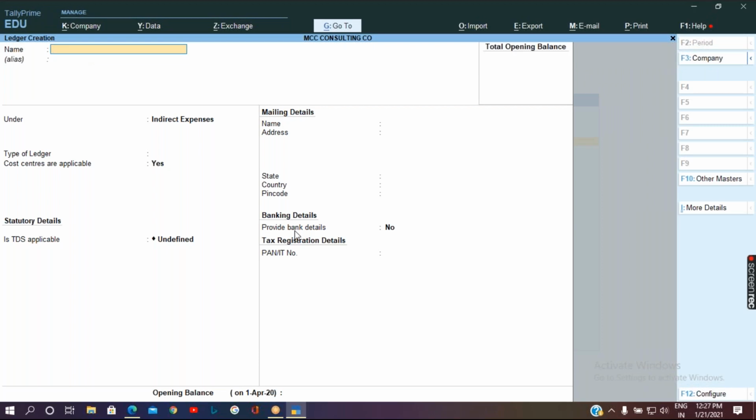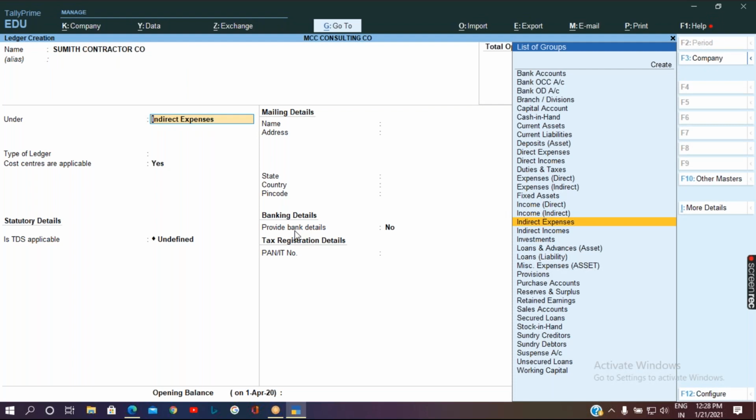So if it was a contractor, let me take it for example. So I'll take the name as Sumit Contractor Company.